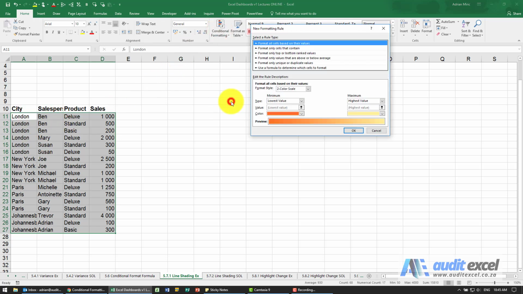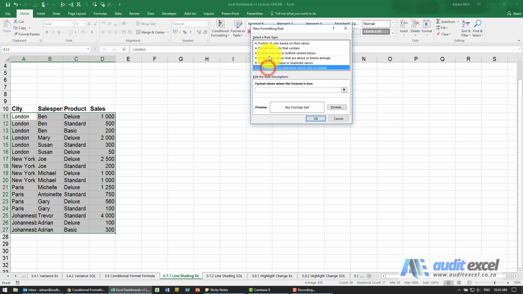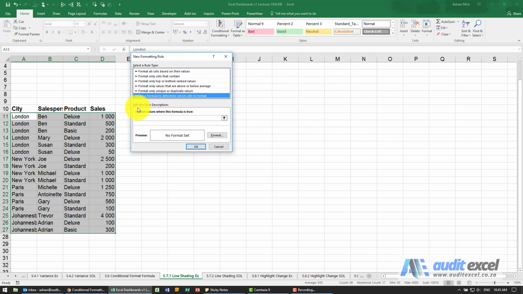We're going to go to a new rule. We're going to use a formula. Now what we're going to do here is we actually are going to refer to ourselves. We're going to say, when you're in the cell, look at this cell, and is it not equal to that cell there? If we leave it like that though, all these cells, even ones down here, are going to just